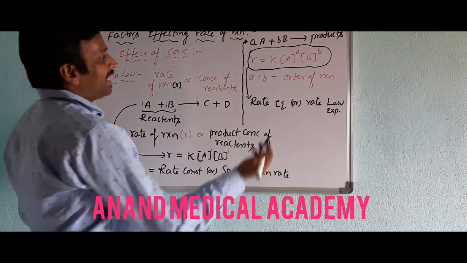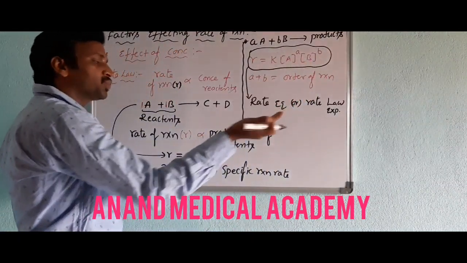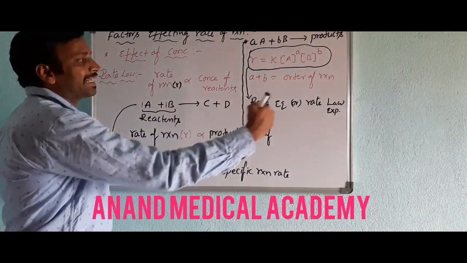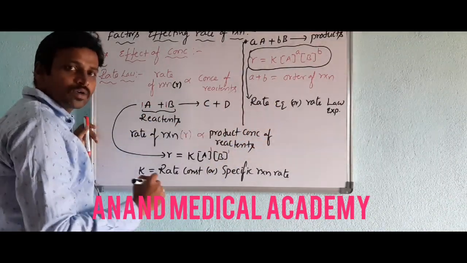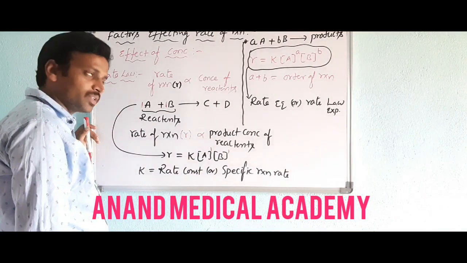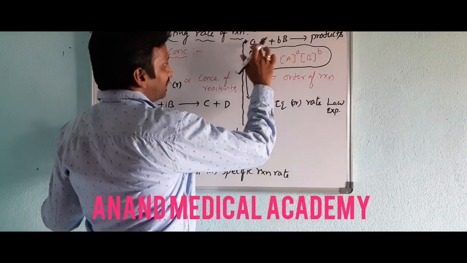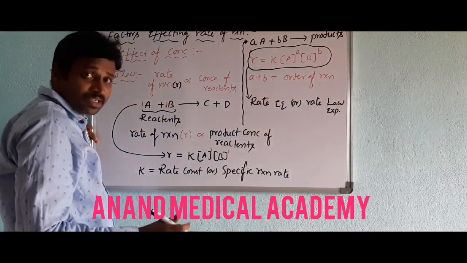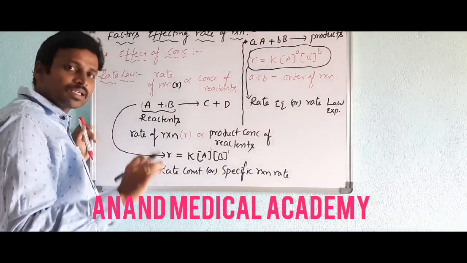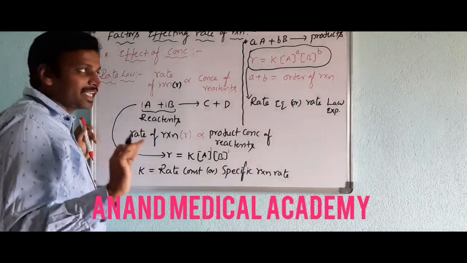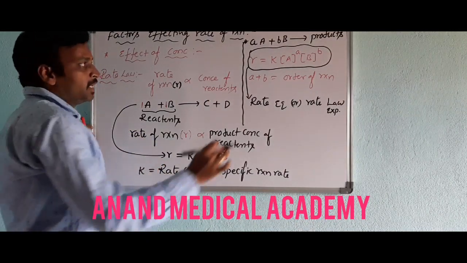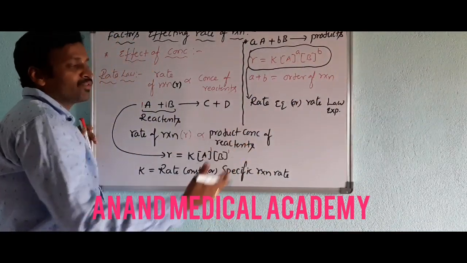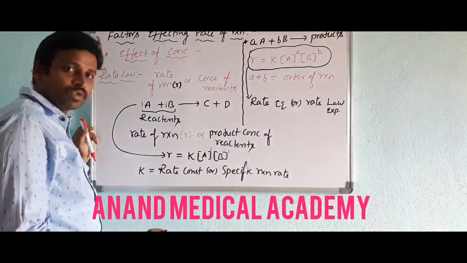And whether exactly a and b can be used or not, we will discuss again, because order is a separate concept. That is very important. Sir, exactly here however many moles there are, should we take only those? No, sometimes it will change. That I will tell you later. Please keep that in your mind. So this need not be small b sometimes. They can be different sometimes. That also we will discuss.